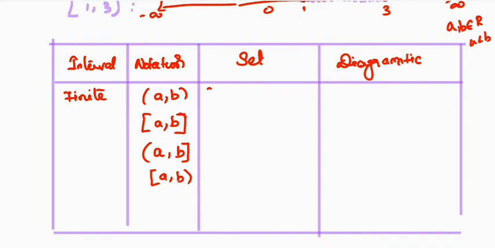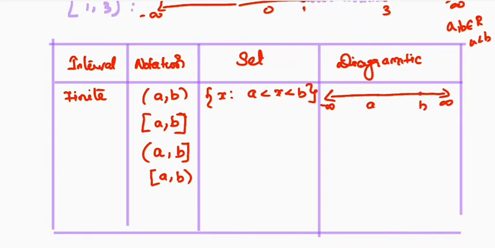Open interval means what? It is the set of all x such that a is less than x less than b. That means a and b are not included. How can we represent it here? So it's a finite interval. Why is it a finite interval? Both the end points are there, so they are finite numbers. Okay. So here it is minus infinity, this is plus infinity. So a I'll represent here, here you will have b.